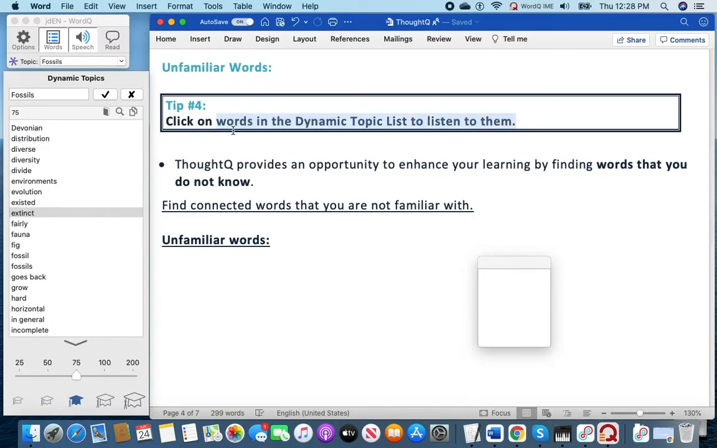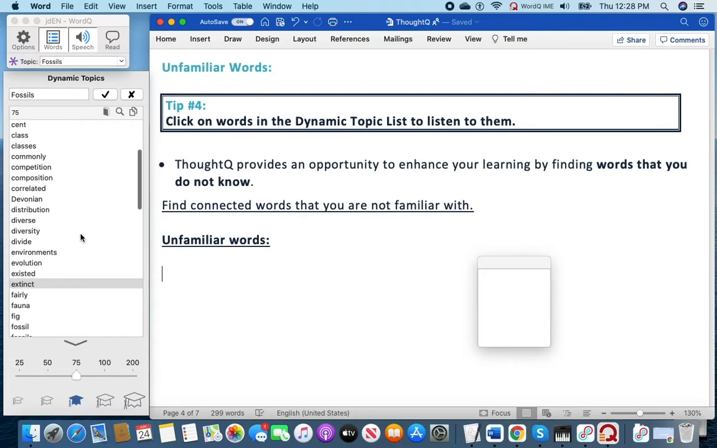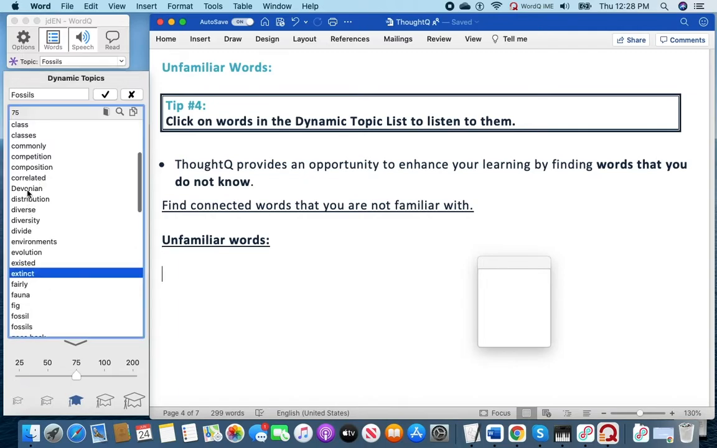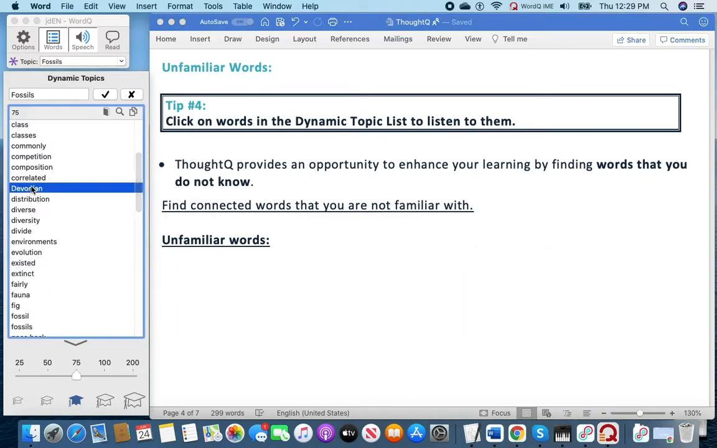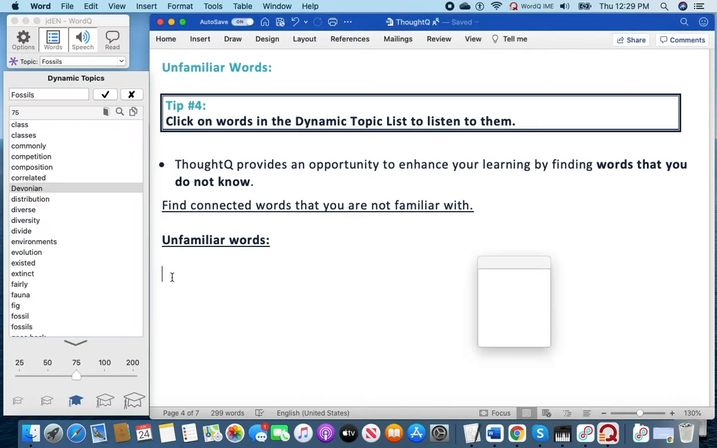So let's hear our tip number 4. Click on words in the dynamic topic list to listen to them. This time we're going to try and find words that we don't know. So in this case, let's make sure that we are ready to go here. Let's look at the list and see if there are some words that we're not familiar with. There's one in here called, let's just pick, Devonian. That's interesting. Devonian. I don't know what Devonian is, so I'm going to type out